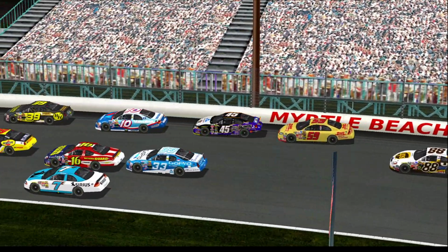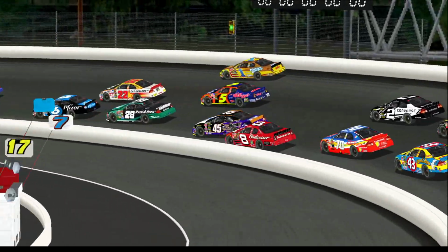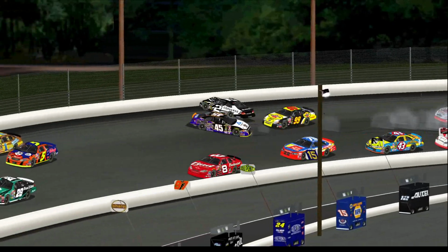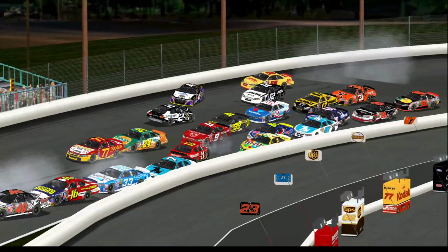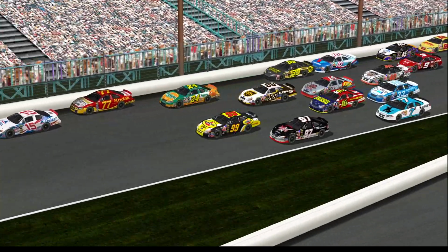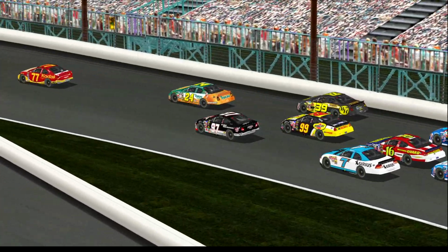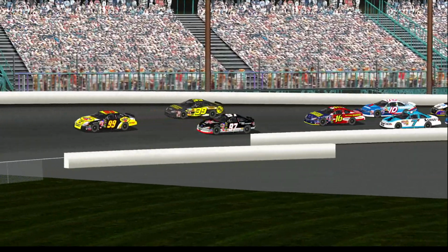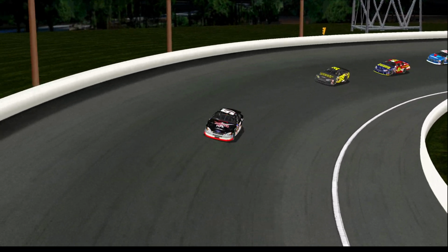We'll take a look in full speed. Here it is, Trey, once again at full speed, and just Eli sending it into the corner. Hunter Reed and Eli stayed together, and Zeidel with that big impact, and the cars just piling in with nowhere to go. Yeah, I mean, it's a short track, but it has decent speed to it, so you're going to have log jams like that. And the majority of the damage from most of these guys, Joe, is just from that log jamming effect right there,